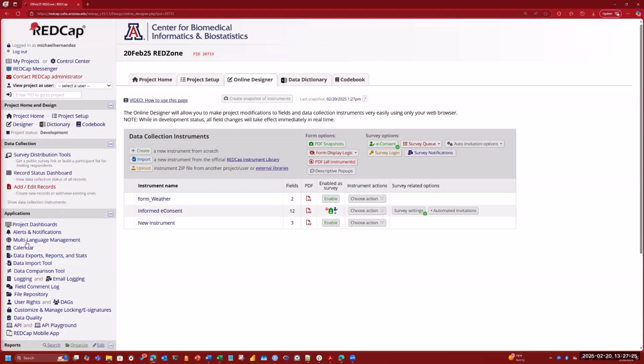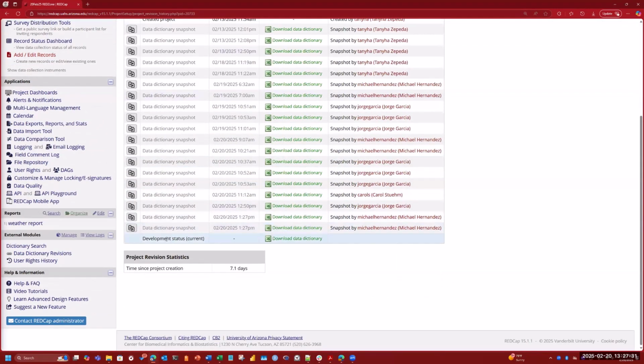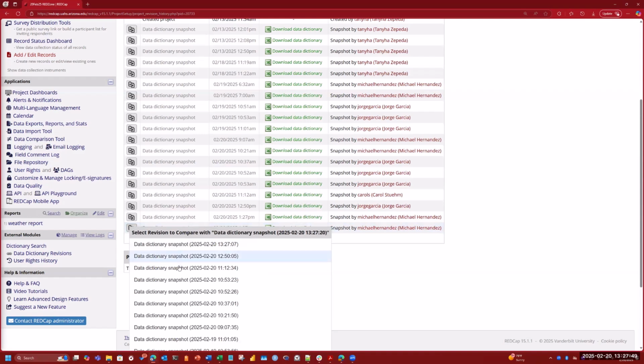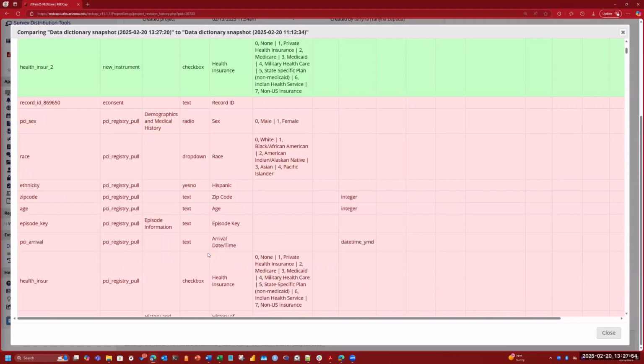We'll go back into the project revision history, and we're going to look at our snapshots here and compare them again. Here's our current status, or our current development status rather, in dictionary. And this is the same as what this is. And so what we'll do is go ahead and compare two points in time again. I'm going to click on this to compare with something else. And then what I see here is that